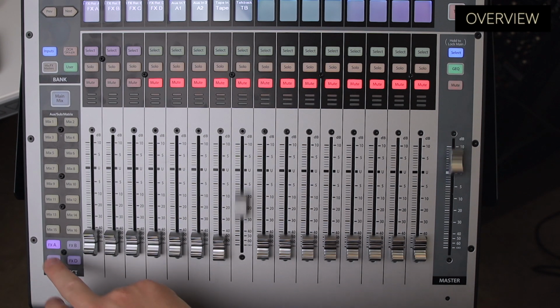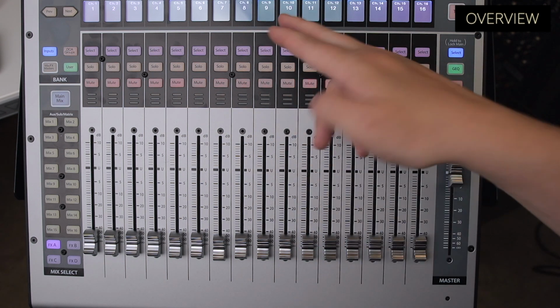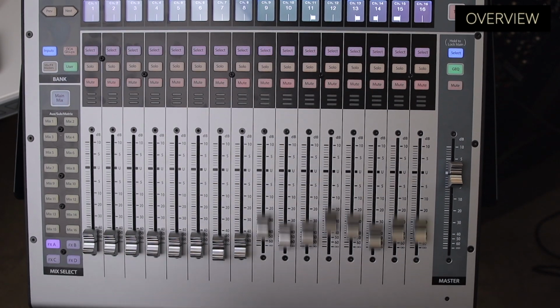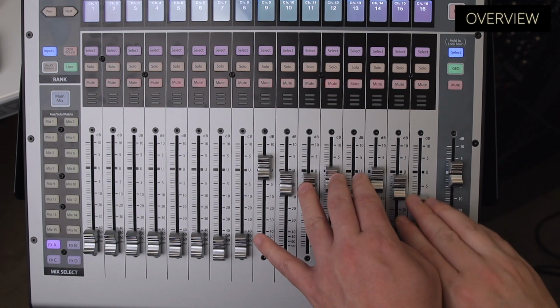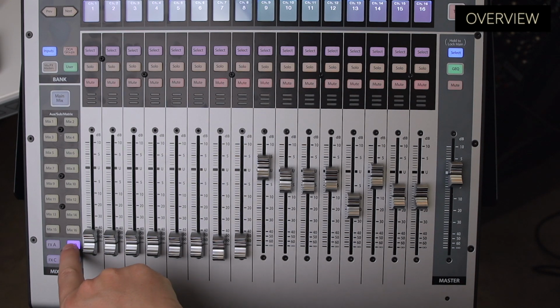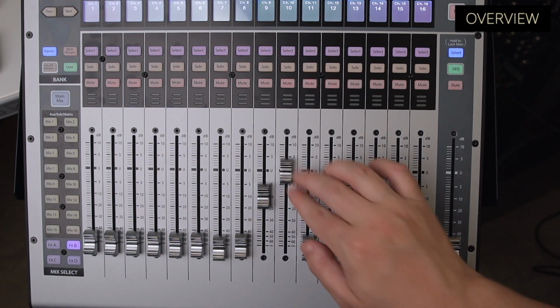We also have the effects down here. So the effects are a good way to showcase the logic here. If I want to add some reverb to, say, channel number 9, just press FX1 here. I press it like this, and then I just slide the fader up. So basically I can set different levels per track like this. Very handy for effects A. If I want to go effects B instead, say I want delay on it, just